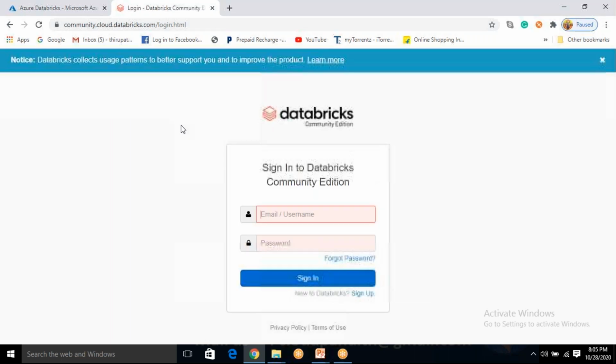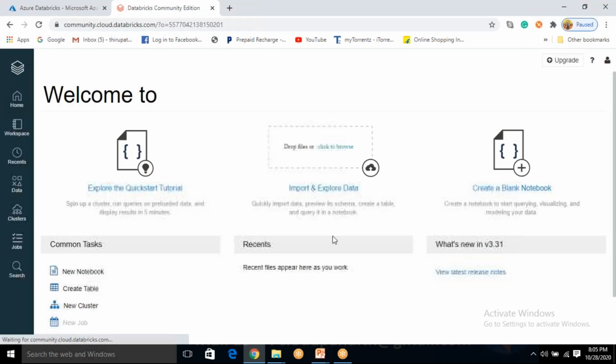Let me show you this particular session in Databricks community. As we know, cluster creation is very simple in Databricks community, so we will quickly create our cluster.